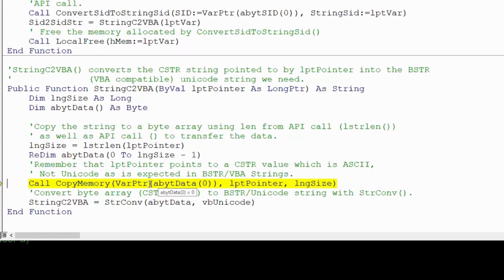That is the destination. We've created and redimensioned the array, but we haven't put any data in it yet. Then we say the pointer to the source information, as well as the size. Notice we do not copy the null character at the end. That runs, and it works perfectly well. And the last thing we do is, we now have our information in a byte array,